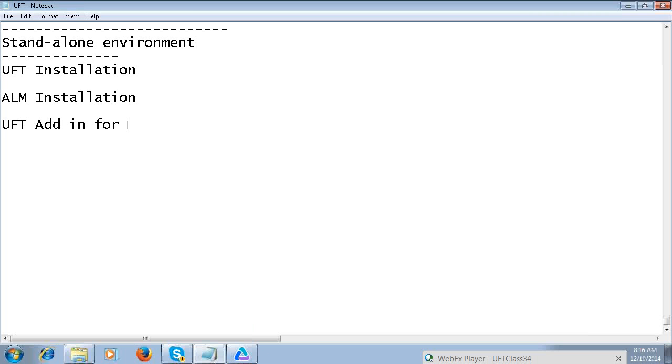UFT add-in for ALM. See these three softwares. If it is standalone environment, suppose if it is intranet environment,